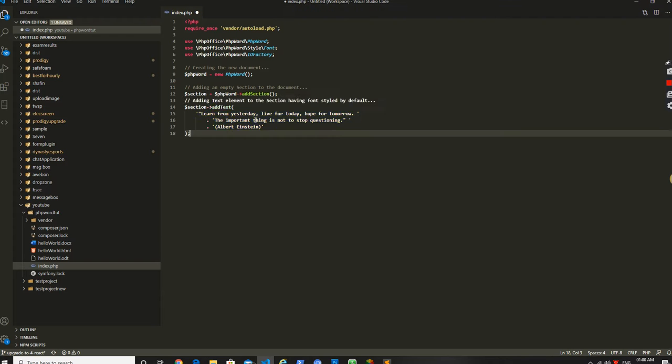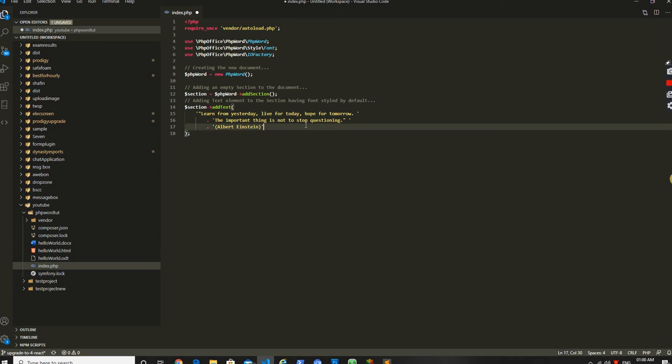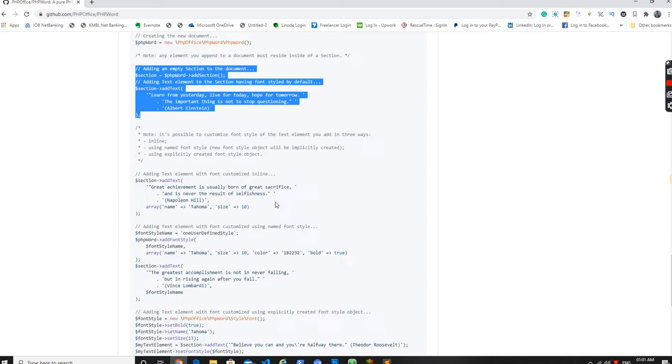Let's do this. Let's have this example. So for this you have to have this PHPWord which is already there, and you have to create a section, and inside that section you have to use a function called add text. And this add text, I'm going to have this text, and this text also has double quotes within it. So we are going to test whether it works or not. And then